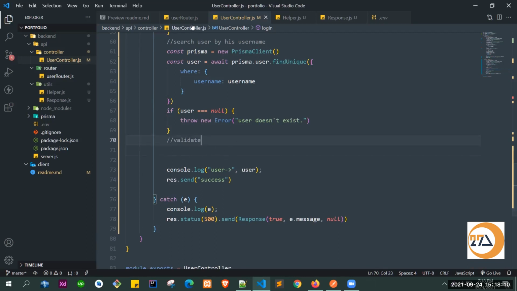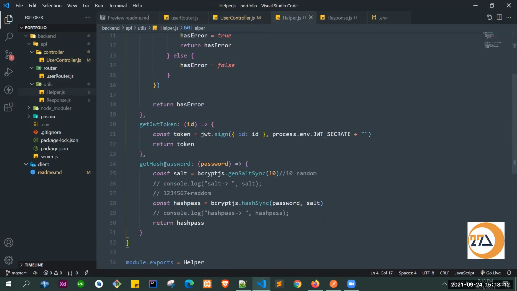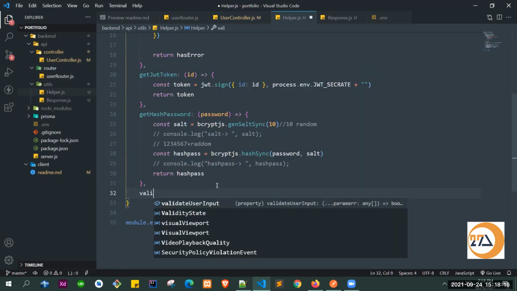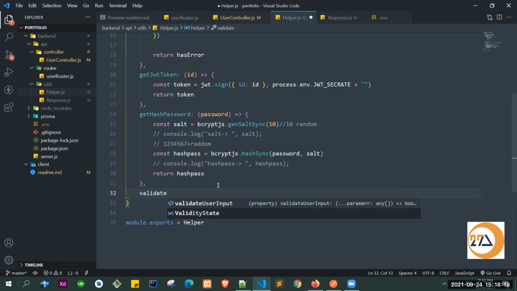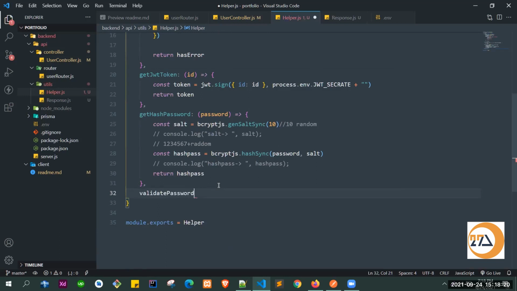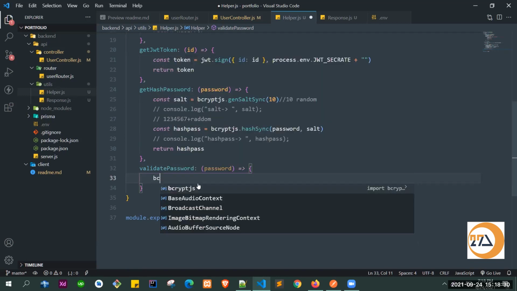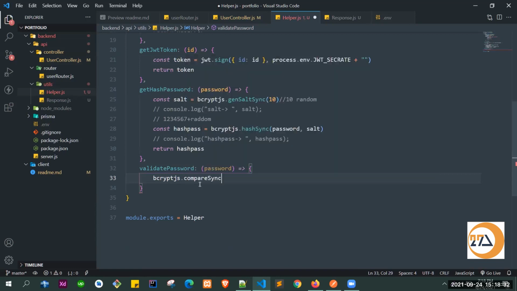For that, we can create a function here, as we did like this. Let's say we'll write validate password, and this will also take the password from the user. And after that, we'll do the same type of thing. So we'll write bcryptjs.compareSync.